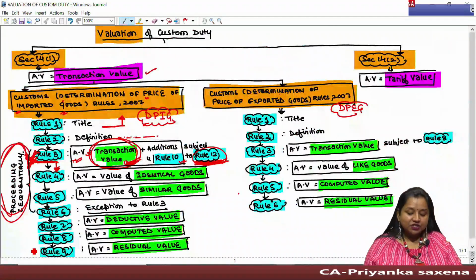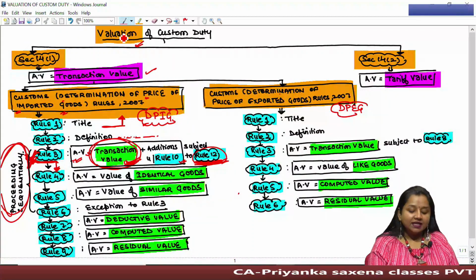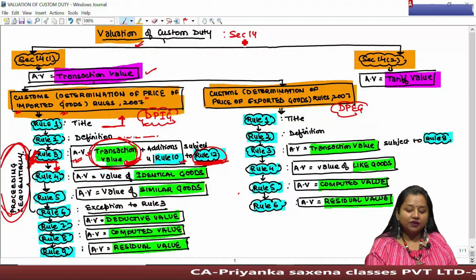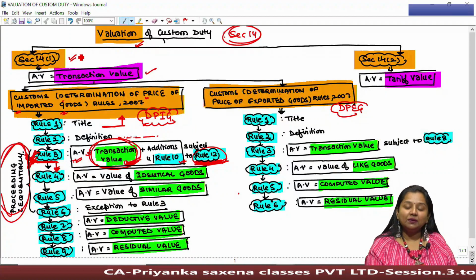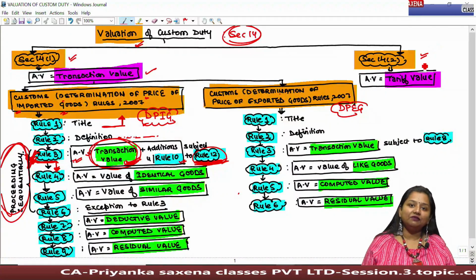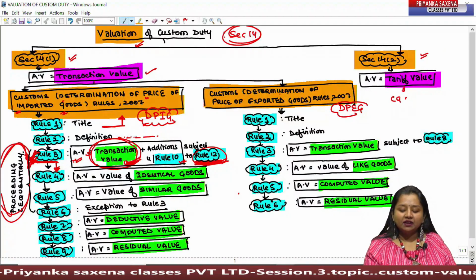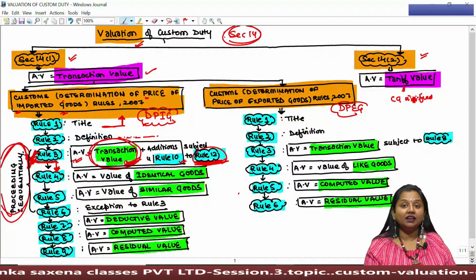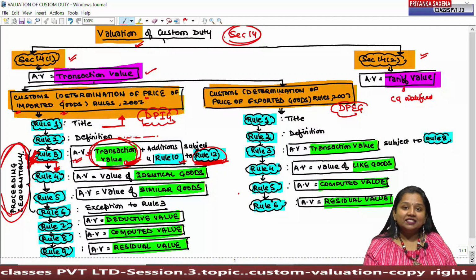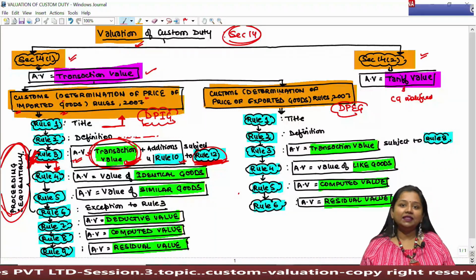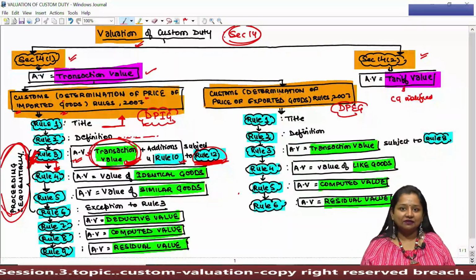So let's come to the valuation rules which we had started under session 2. Under valuation, section 14 has been introduced in the Custom Act, which says that there will be two subparts, section 14.1 and section 14 subsection 2, wherein under section 14 subsection 2, if the central government has notified a certain value of any article to stabilize the economic fluctuation of that article, then such value which has been notified by the government only for the purpose of computing duty will be known as tariff value.